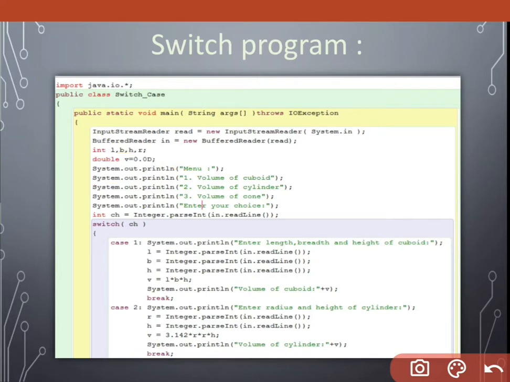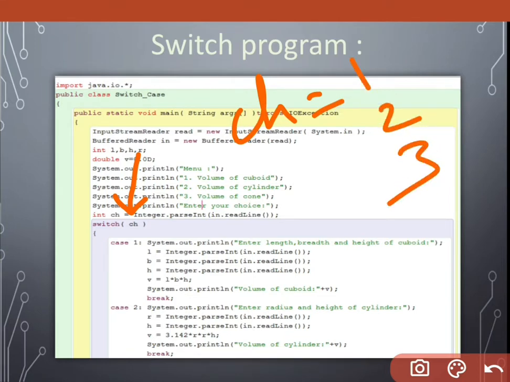If the user provides the choice 1 or 2 or 3, we write it here, because with the help of switch case we are going to match. The choice comes inside ch, and ch can be 1 or 2 or 3, it depends on the user only. If it is 1, it is matched with this.